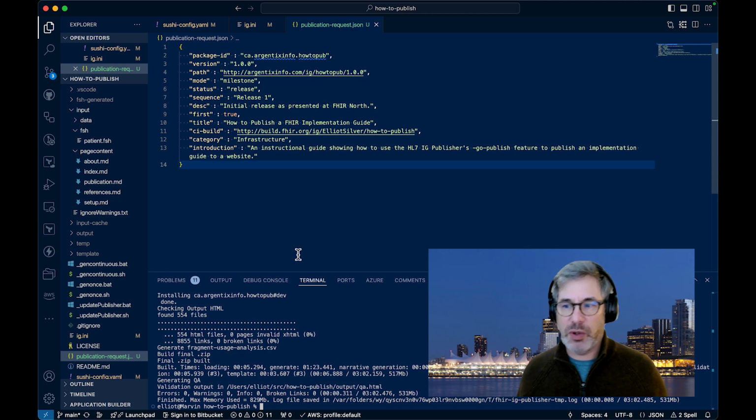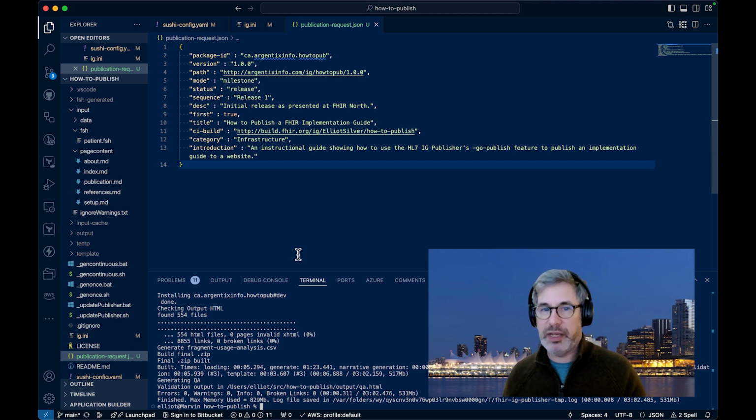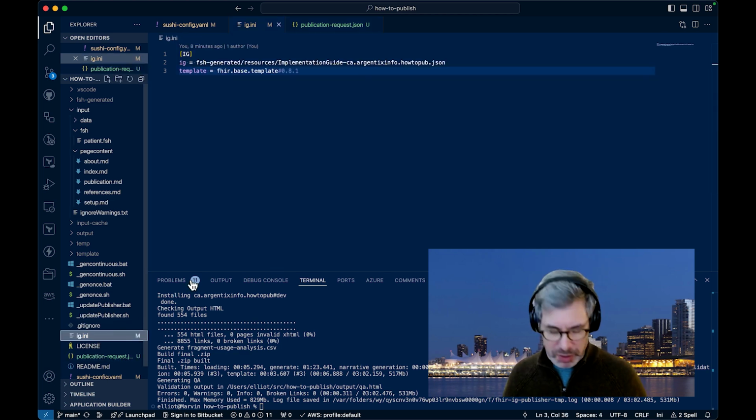And then the last thing we're going to want to do is check in all of the files for our implementation guide itself, the updated sushi, the updated IG.ini, and the publication request. Check those in as published again, so we have a known state. You probably want to tag that as the 1.0.0 publication. And then what you're going to do is go through, put this back